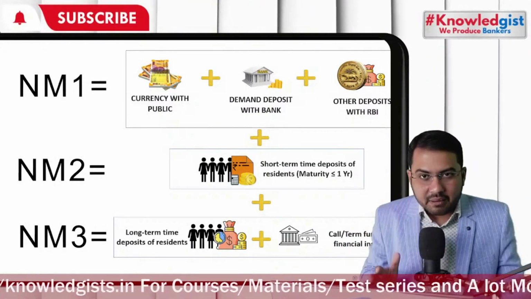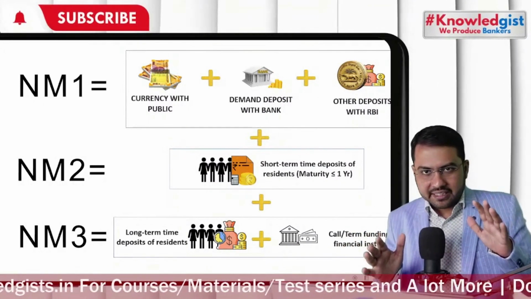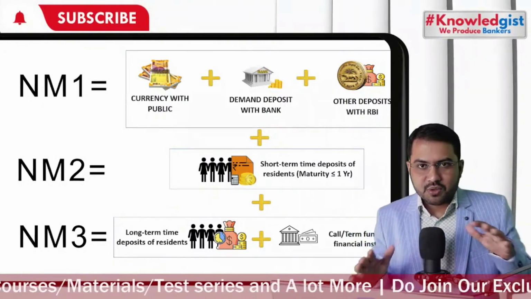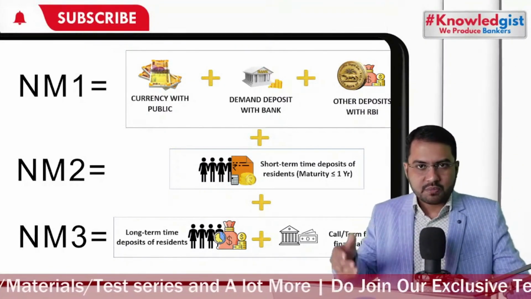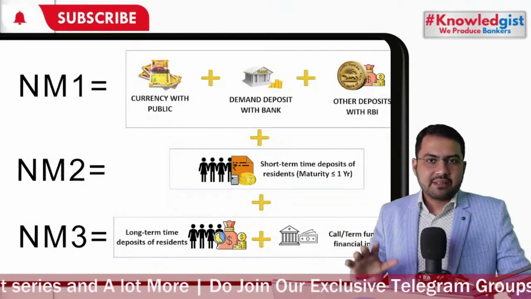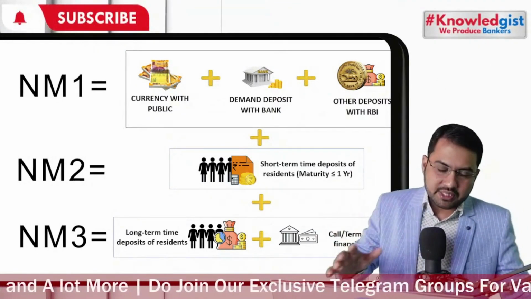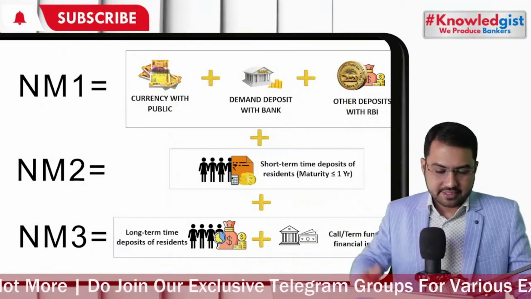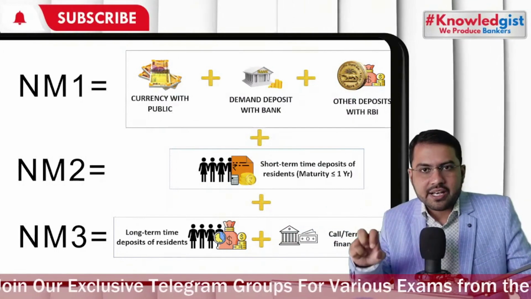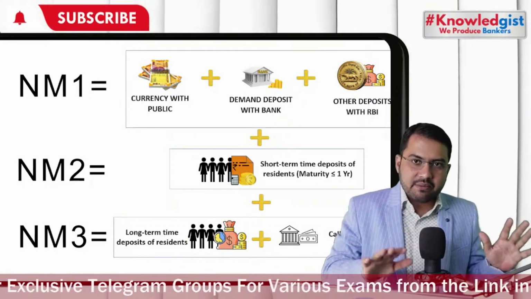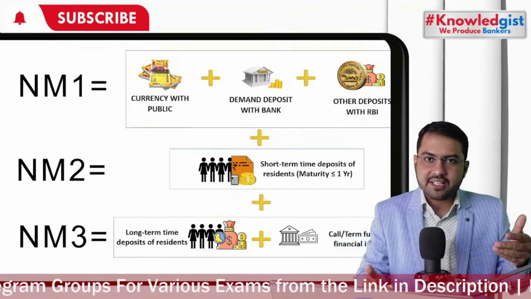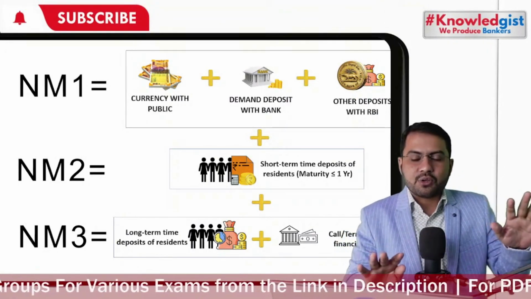But in the year 1998 there was no IPB, or any planning to convert the post office into a bank. So they realized that the money deposited with the post office is not of the banking system, and they excluded the post office from the new monetary aggregates. Now you can understand, if a question is asked on the basis of the new monetary aggregates, you should not mention anything related to the post office.